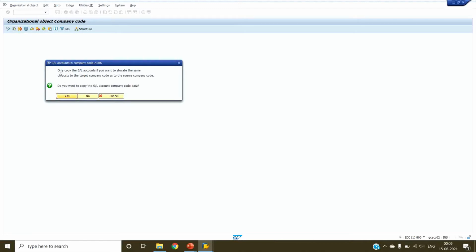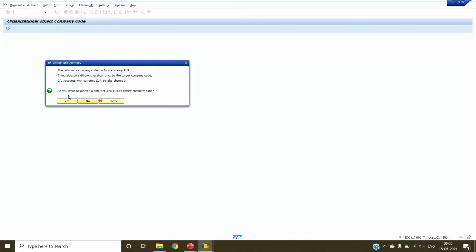Now it is saying only copy GL account if you want to allocate the same chart of accounts to the target company code. Yes, we want the same GL accounts, so click on yes. Now it is saying the reference company code has local currency EUR, euros.